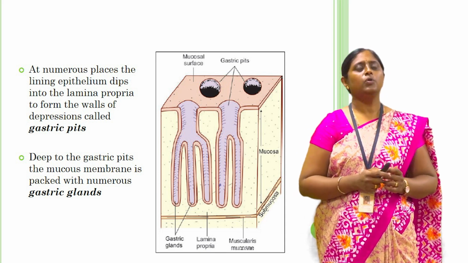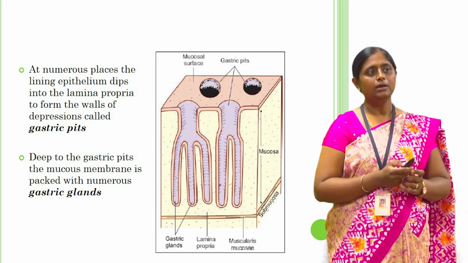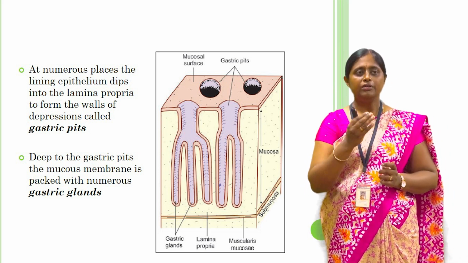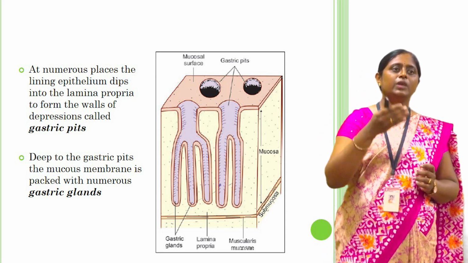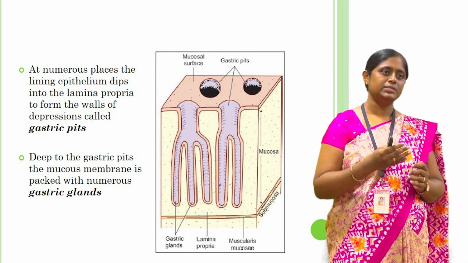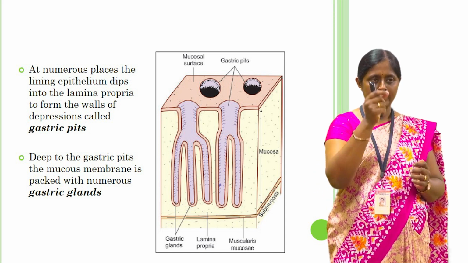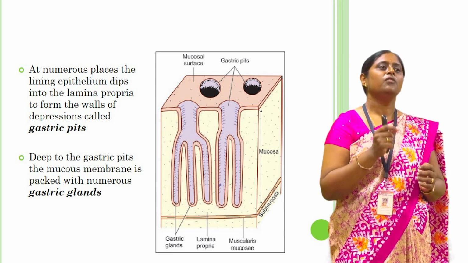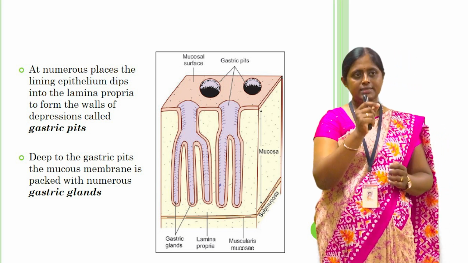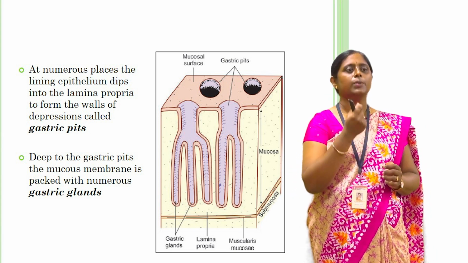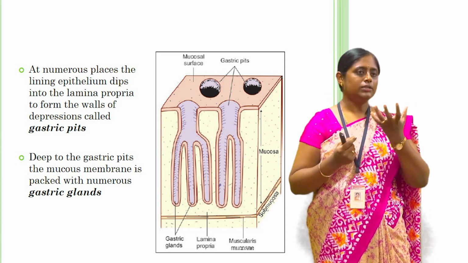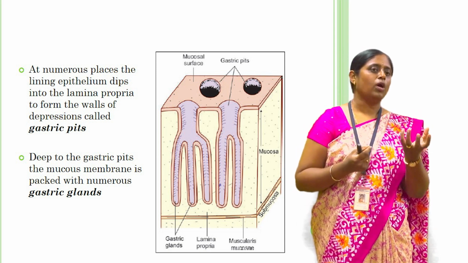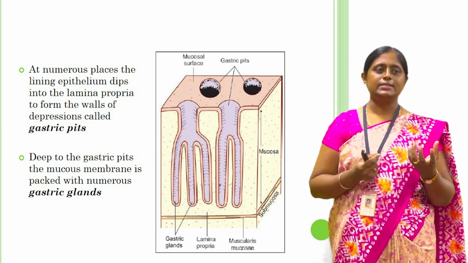This is the diagram which represents the mucosal lining, wherein the mucosal lining has gastric pits. If we take the cross section of the gastric pits, we can clearly observe that the gastric pits go inside the lamina propria region. It forms a depression. We call them the gastric pits. These gastric pits at the terminal portion possess glands, where the columnar epithelial cells in the gastric pit lining form glands, and those glands we call the gastric glands.